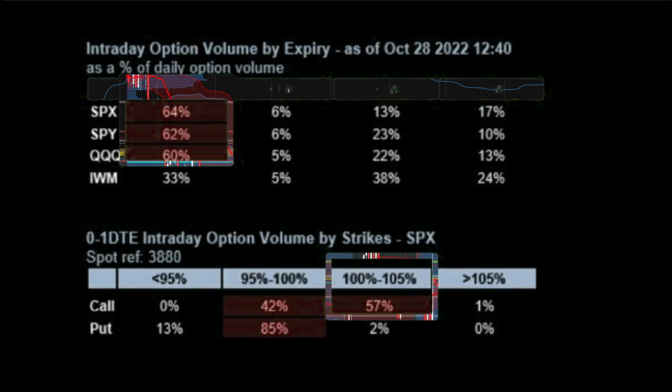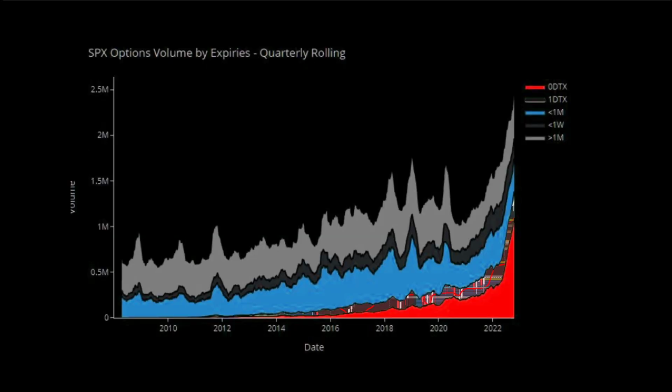Essentially what this is showing is the left column is 0 to 1 days to expiration options. So the intraday option volume by expiration is heavily skewed to 0 DTE options expiration. In fact, we can see that here in how this is relative to history. Okay, the red being the 0 DTE. So what we're seeing is an explosion in near dated or expiration day options, and because most of it is